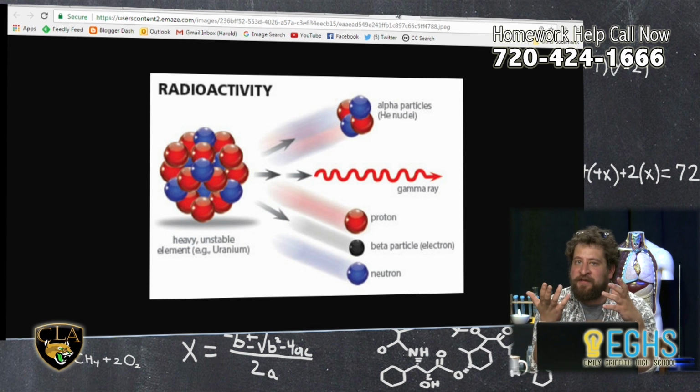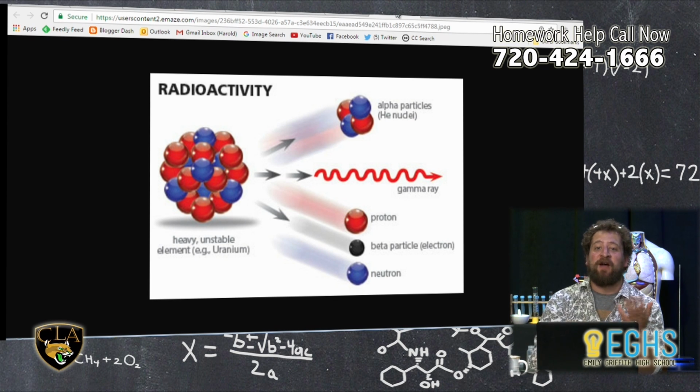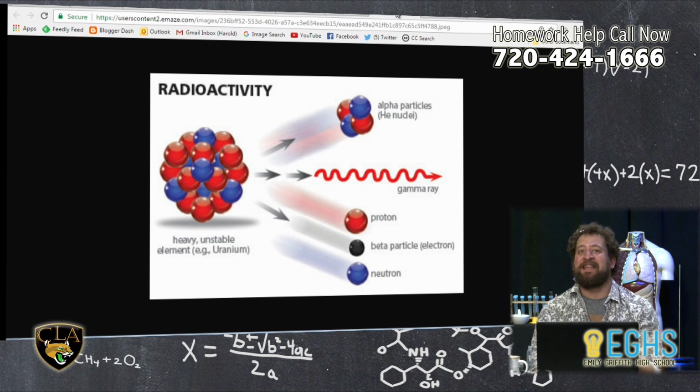With larger elements, typically, we get an unstable nucleus, a nucleus that's not quite held together well. And so particles of the nucleus can be jettisoned off, and that's what we call radiation. It comes from the word to radiate, right? Like to let something off. So the idea is that the nucleus is letting off different types of particles. The least damaging type of radiation would be an alpha particle.